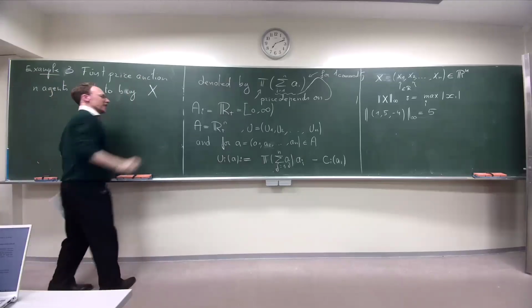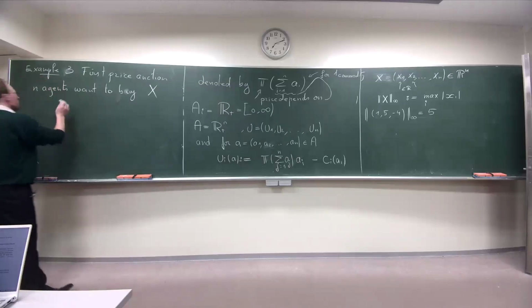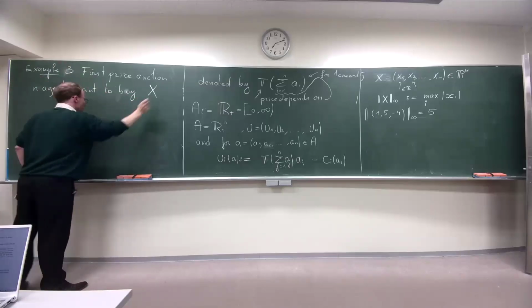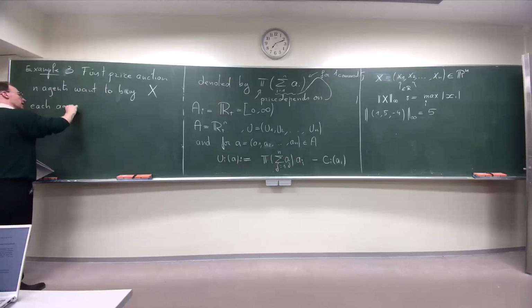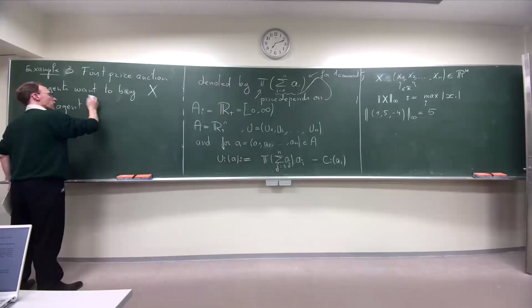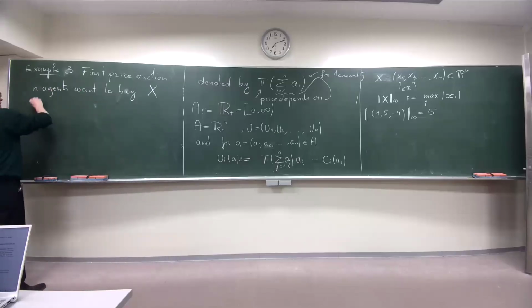And they want to buy X. Whatever you want. Okay. And each agent, agent i I should write, agent i